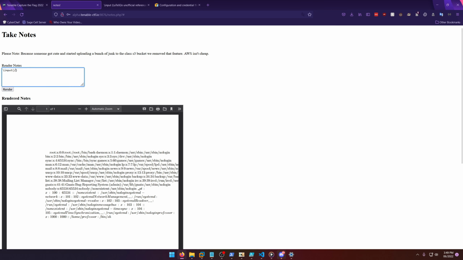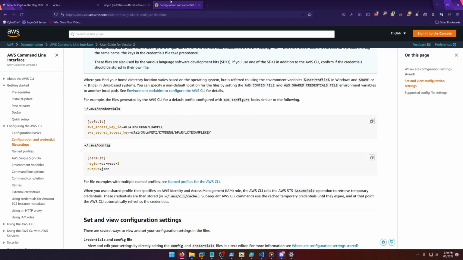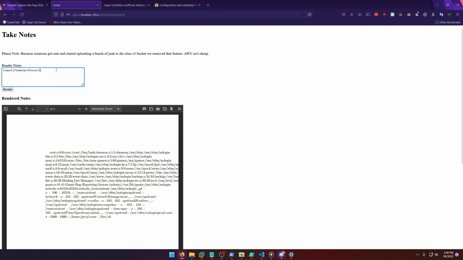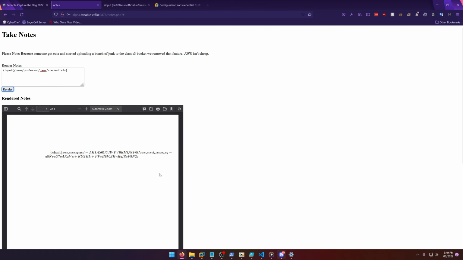So what do we want to print out? We want to print out /home/professor/.aws/credentials. And hopefully that'll render for us. Indeed it has. Now it's a bit finicky when you try to copy and paste this from a PDF, so I have it pre-copied into another text file for when we need it, which will be in a second here,